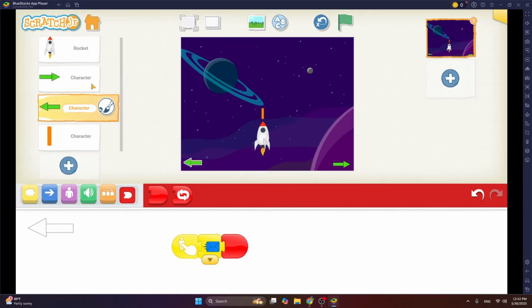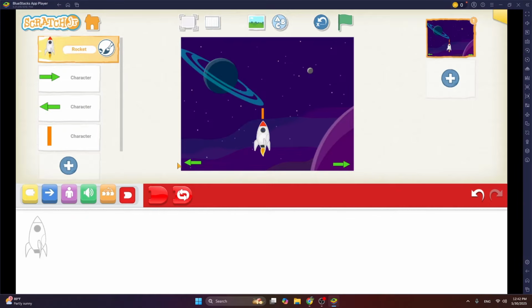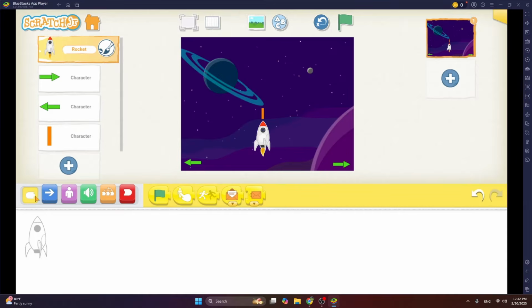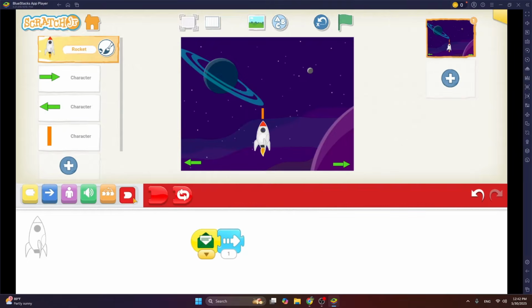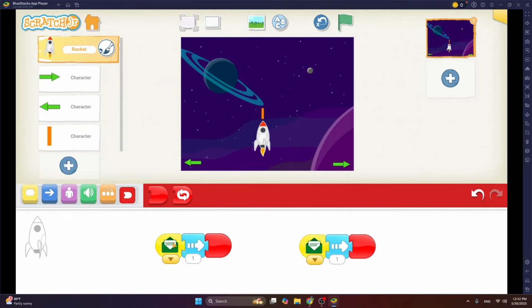Okay, now let's work on the rocket ship. The rocket ship's code, what happens in it? That when it receives a message, and what is the color of the message? Remember, the right arrow is sending a green, the left arrow is sending a blue. So when it receives a green message, it should move right, and then we end the code by using the red cap block, okay? Again, we can duplicate the same code by dragging it again to the rocket ship, and now we have two pieces of the same code there.